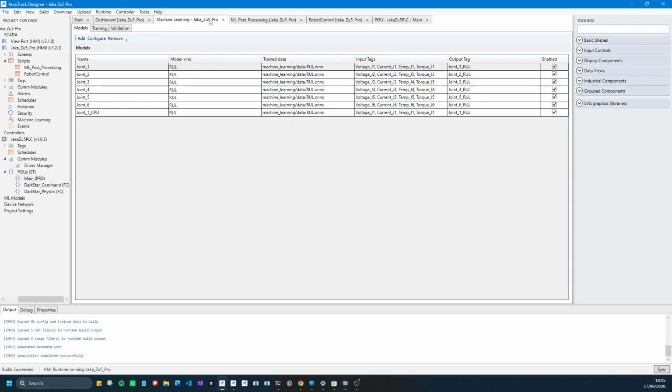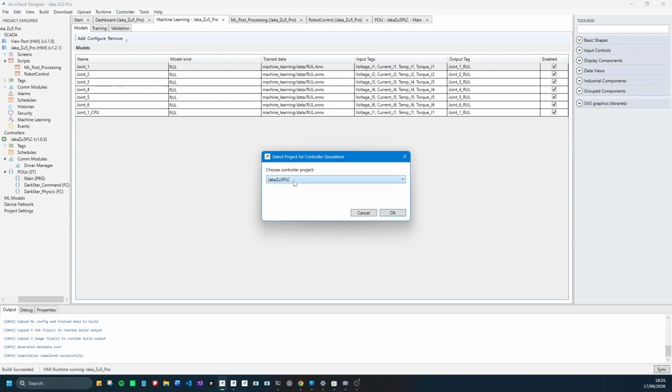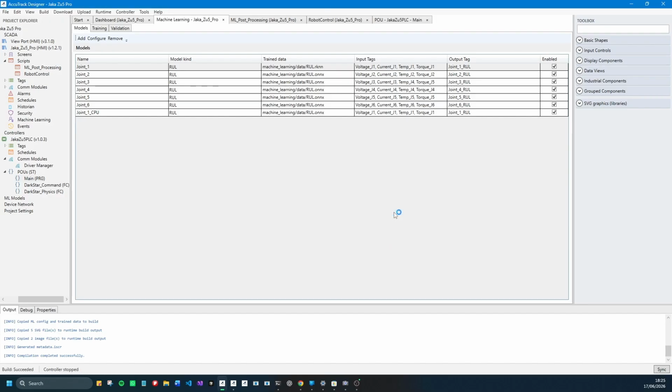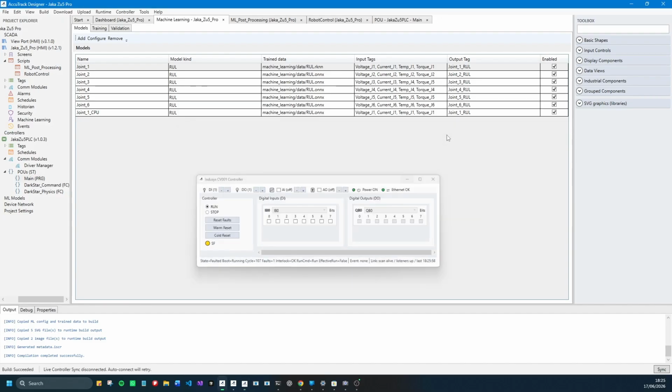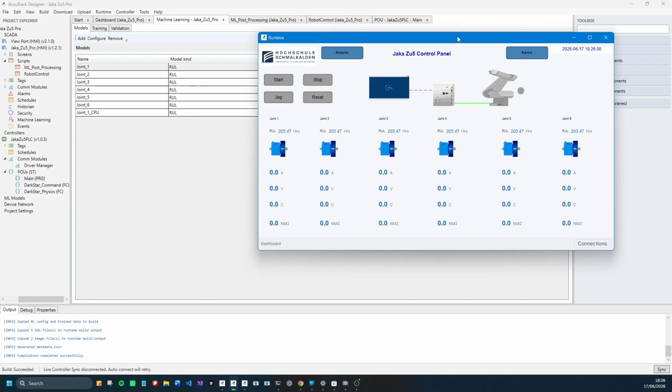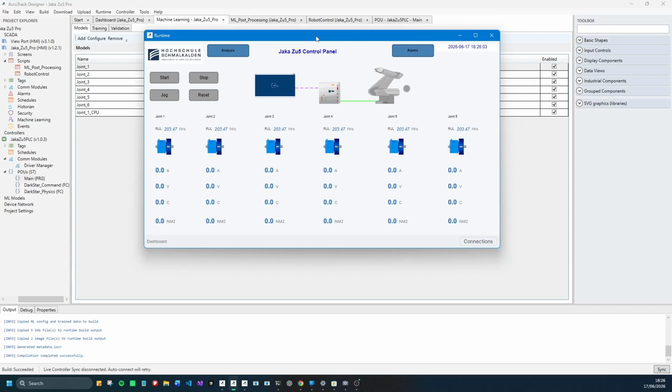Now we go back to this and we see it's around our controller. So we can start our controller, and of course it's our Jackals of FPLC. This script is scripted text that's running on the controller, but it's not what will be running in an actual controller. Our controller has started, it's just a simulated PLC. And now we go back to our runtime, and as we can see, our runtime has connected to our controller. So we can start our runtime,